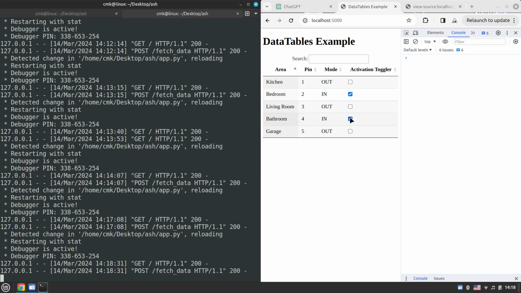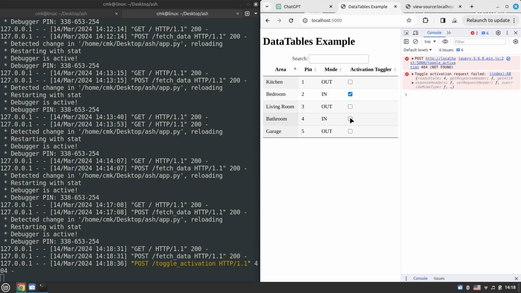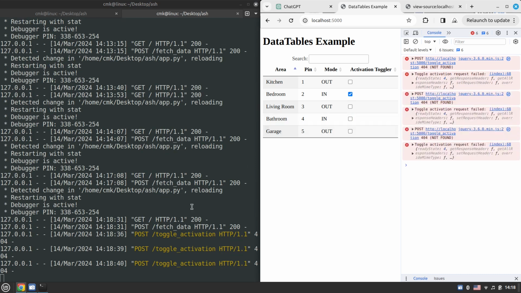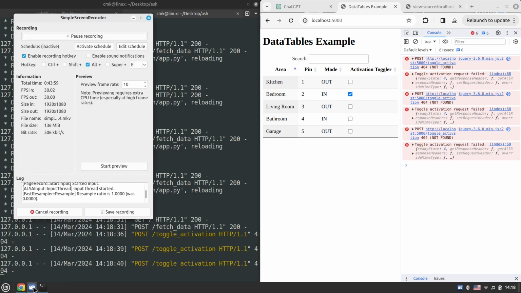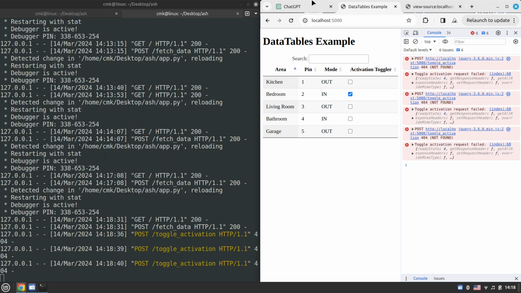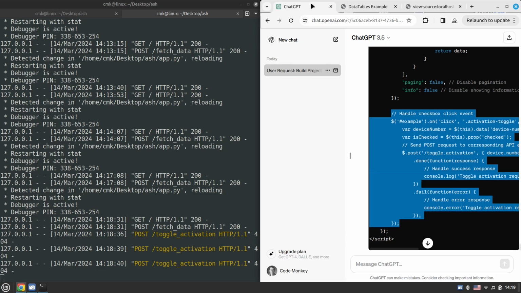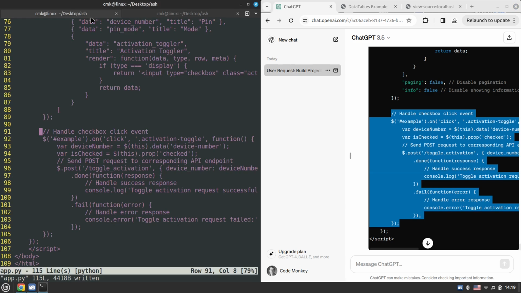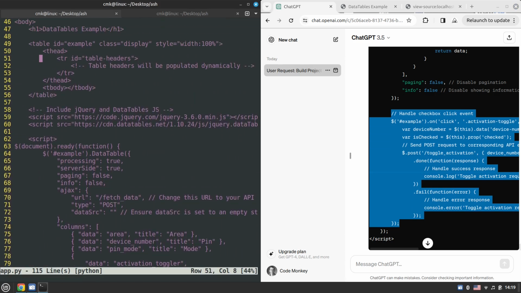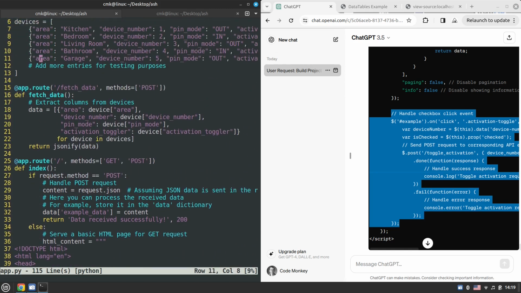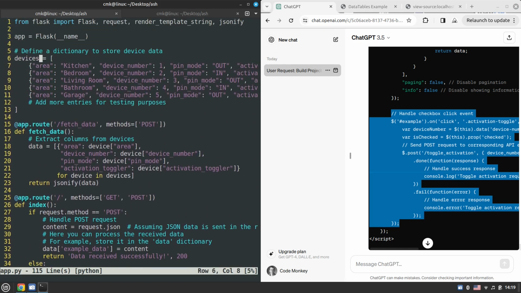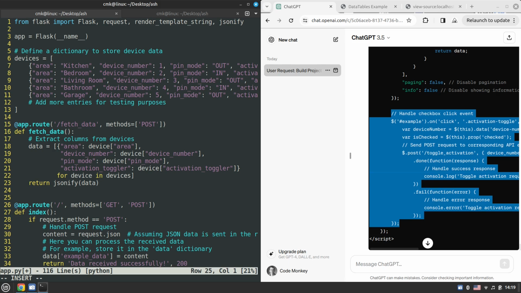And now let's see if activation or deactivation, yeah, essentially now this is triggering the post request. We just don't yet have the toggle activation endpoint. So yeah, now we can create one essentially. We're not going to be doing pretty much anything there because this only makes sense on the Arduino itself, but here we just do